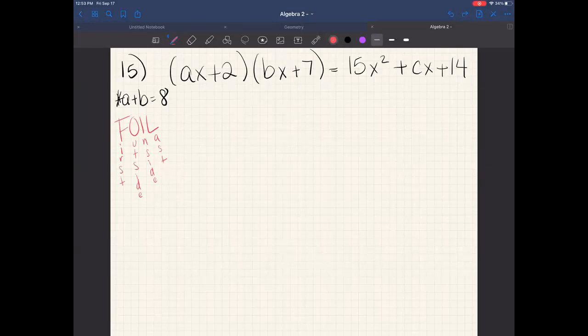So I'm gonna go ahead and continue. So A and B becomes AB, and my x's have